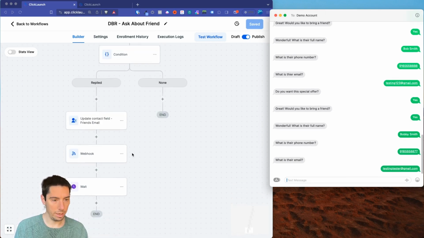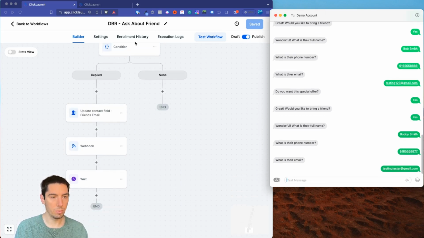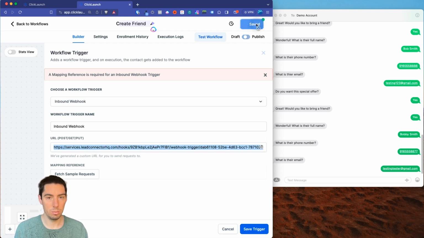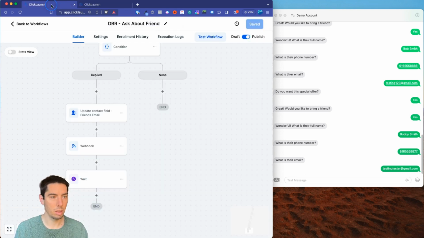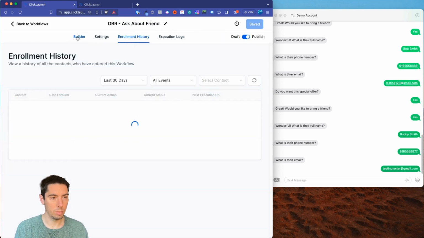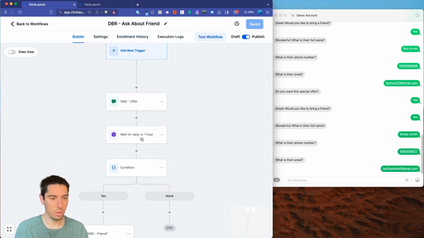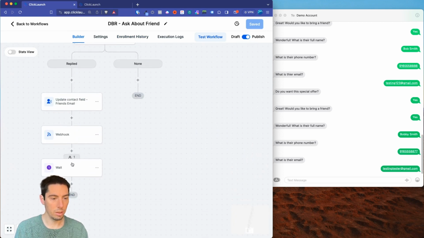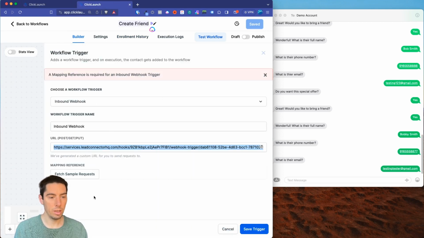Now it's going to go down and send the webhook over. And remember, we're over here and we already sent the webhook over. We're waiting for the packet information to come in. I should probably publish that and save it. Okay, so we'll come back to enrollment builder. And now we're going to come down here. So see, now the wait step. Now if I come over here, remember we needed that packet information before? So now it's been sent.